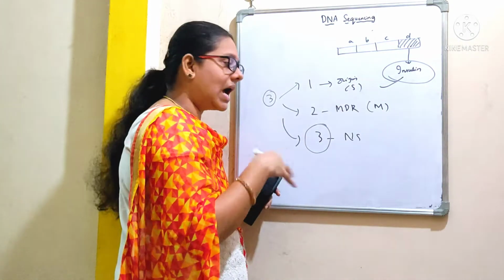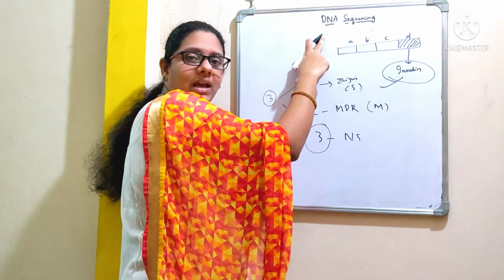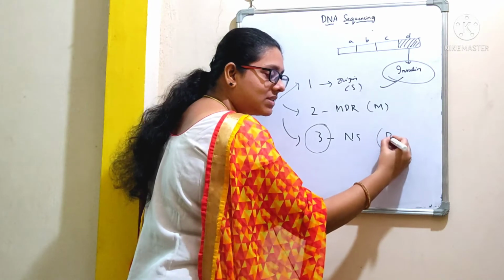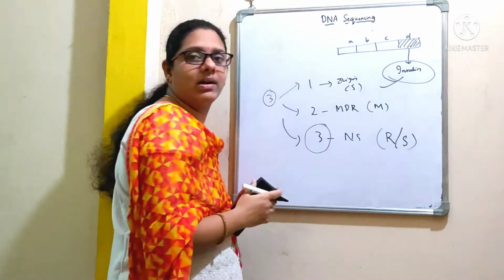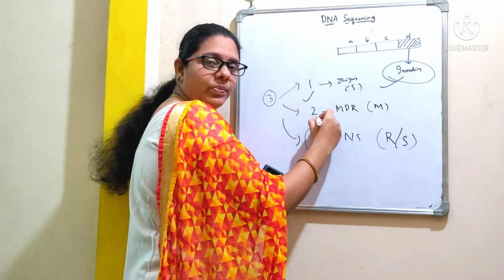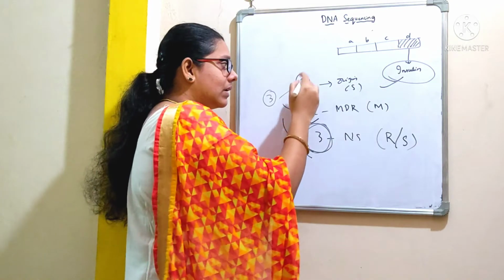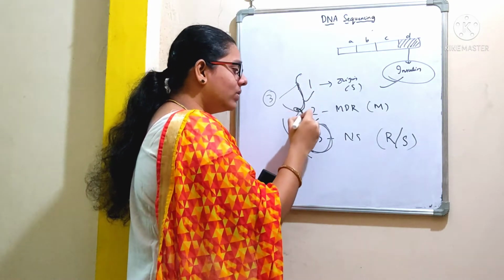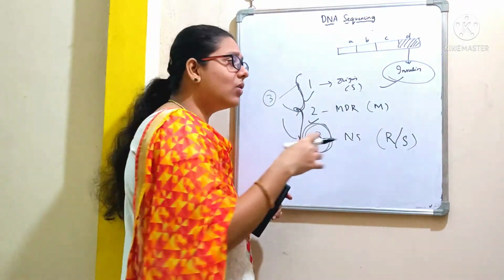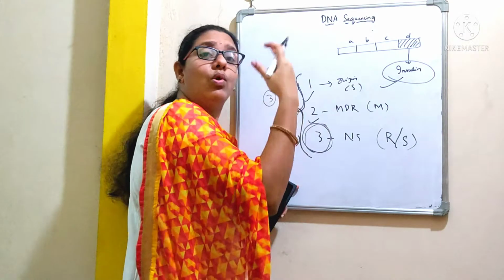I need to carry out further studies on this strain by sequencing the DNA so that I'll get information whether this strain is resistant to drugs or sensitive to drugs. I already have information about strain 1 and strain 2, but as it is a novel strain, I don't have any information about it. Now I am going to carry out DNA sequencing on all these strains and I will carry out a comparison study to know which organism is more pathogenic.